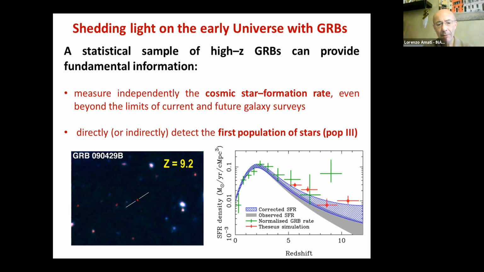we directly detect an object, the residual of the explosion of an object, at these very early epochs. So, for instance, if we simply could get a statistical sample of many tens of very high redshift gamma ray bursts, we could contribute substantially to the understanding of the evolution of the star formation rate up to